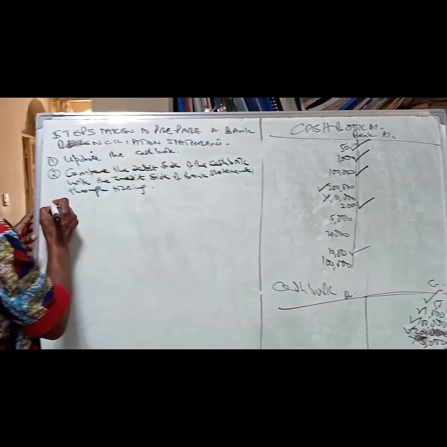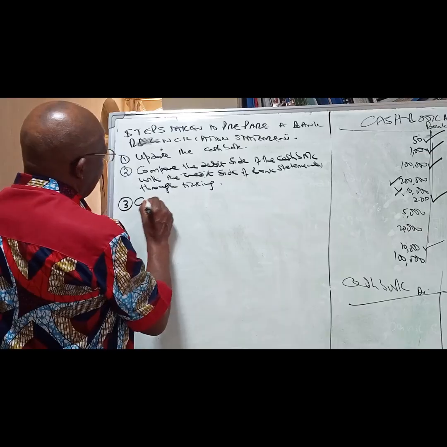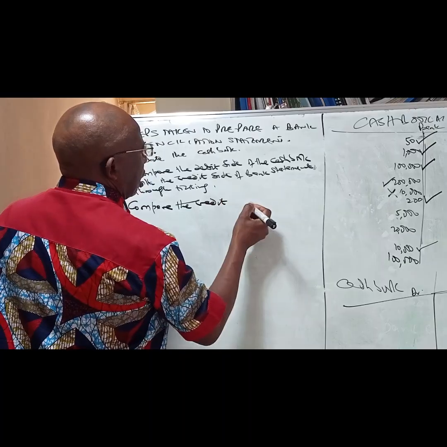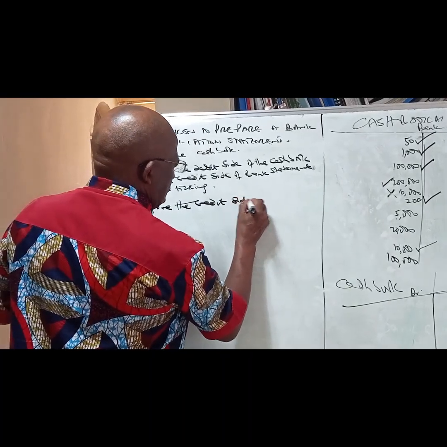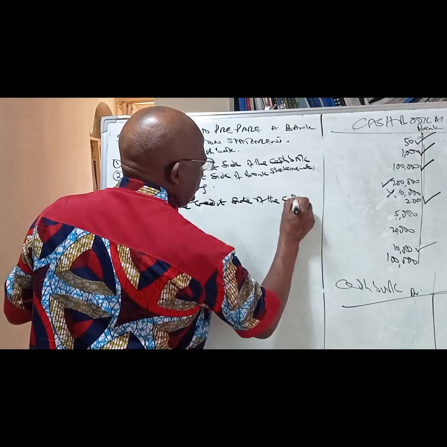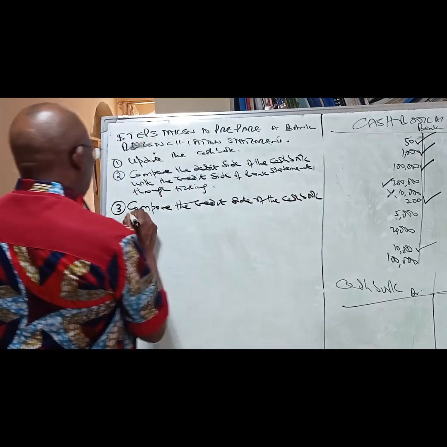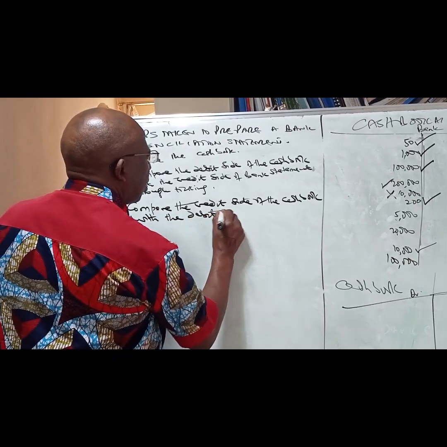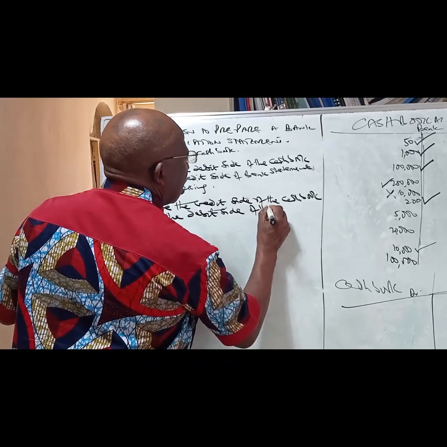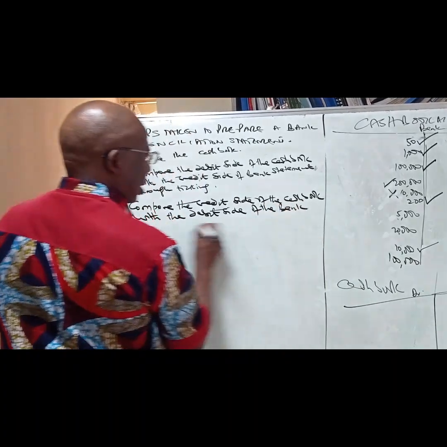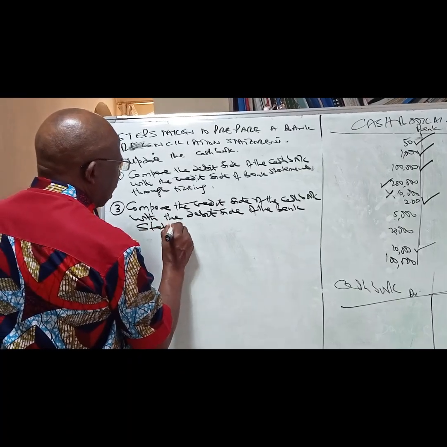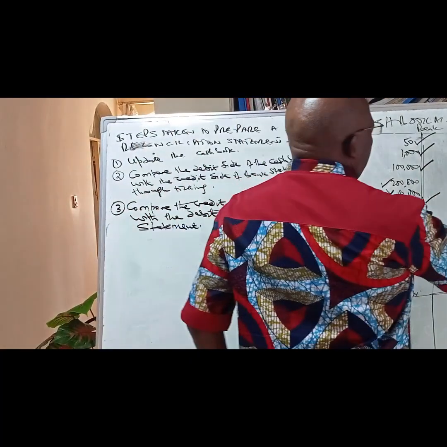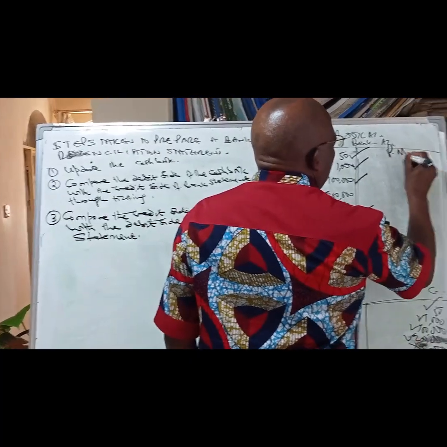Number three, compare the credit side of the cash book with the debit side. You do the same. The debit side of the what? Of the bank statement. The debit side of the bank statement. The debit side of the bank what? Statement. Now you come again, when you are making payment,